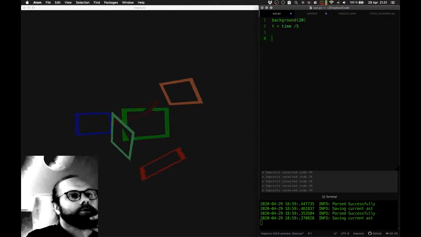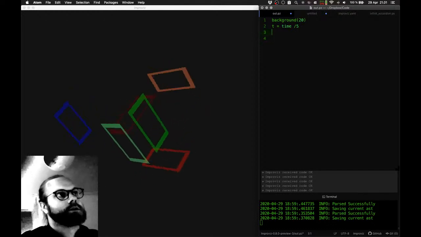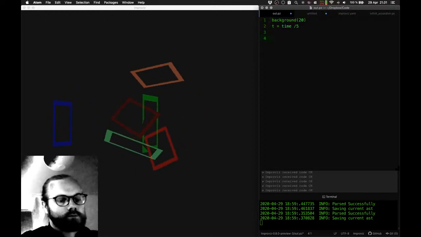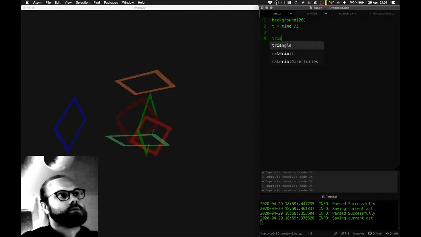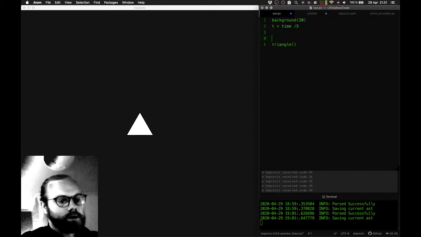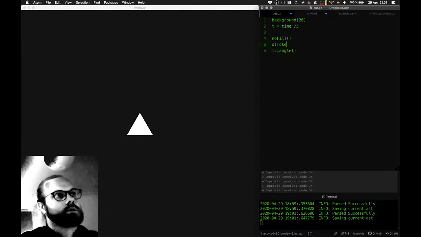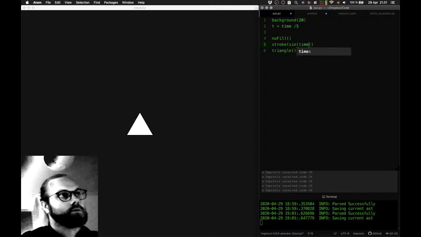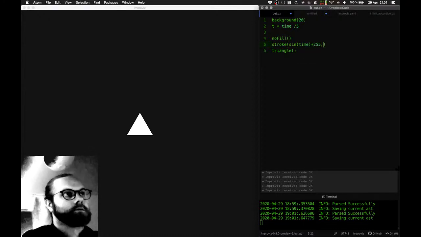Okay, let's just try to jam to this track. So do something really simple. Make a triangle. That's a little boring, so no fill, and then give it some nice colors. And then we can do some colors that go up and down. So we can do time times 255,